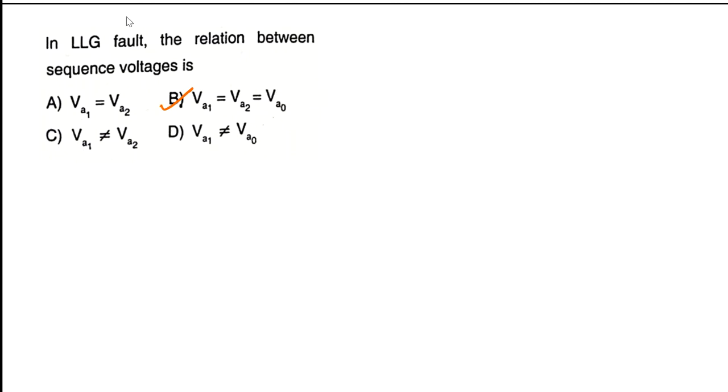Suppose in case in which sequence the currents are same, means in case of LG fault, okay, so that is a positive sequence current is equal to negative sequence current is equal to zero sequence current. All the currents are in series. Okay, suppose if there are equal voltages, means double LG fault. In case of only currents are same, means it is going to be LG fault here. Okay,